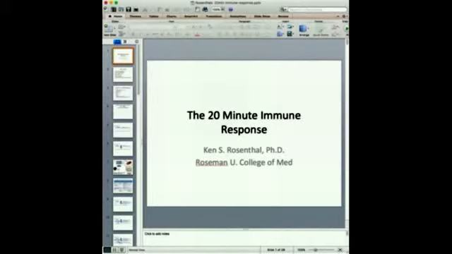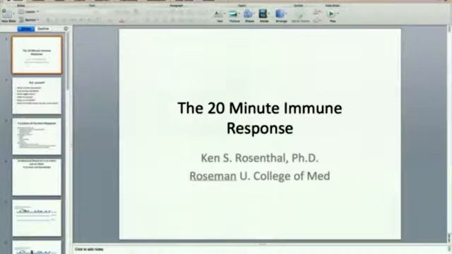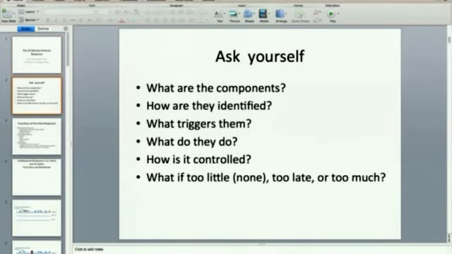The best way to learn the immune response is to write a chapter on the subject. But if you don't have to do that, then the key to learning anything in micro or immuno is to make it real. And so for this 20-minute immune response, let's think in terms of how the immune response would look